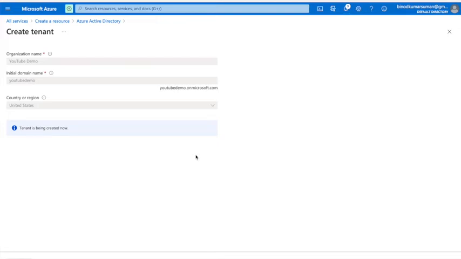But as this tenant will not have a valid subscription, you would not be able to do any operations here, but at least you can create the users and the groups, all those things you can do. And as this tenant will connect with your account, anytime you can switch directory. I will show you, and if you want to do any demo, you can come to the tenant and do that operation.